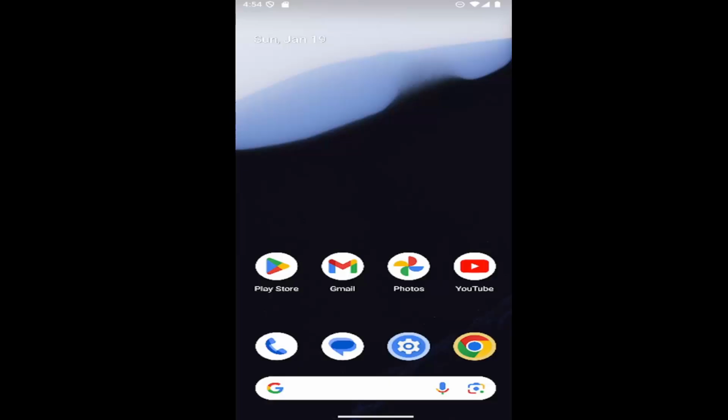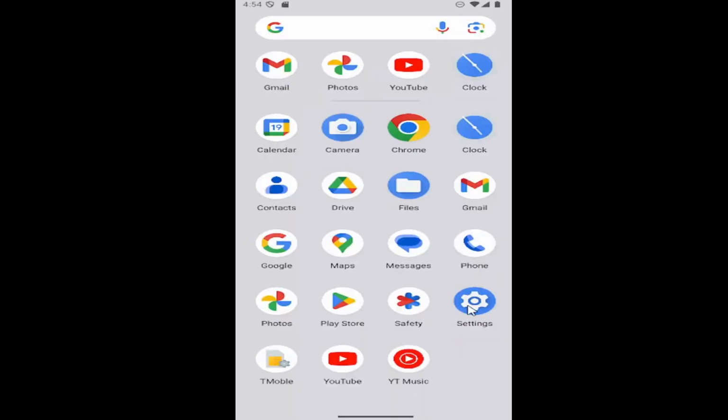First, I want to point out that you do need to have that MP3 file uploaded to your Google Drive account associated with your Android account. So if you have a Google account, make sure you're signed in, upload that MP3 file to your Gmail or Google Drive account. And then you want to swipe up on your home screen and select the setting and gear